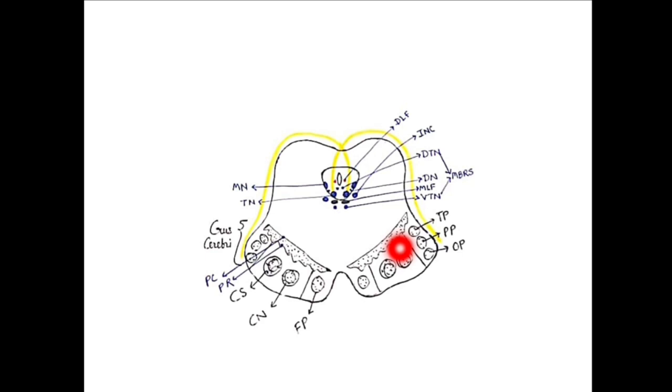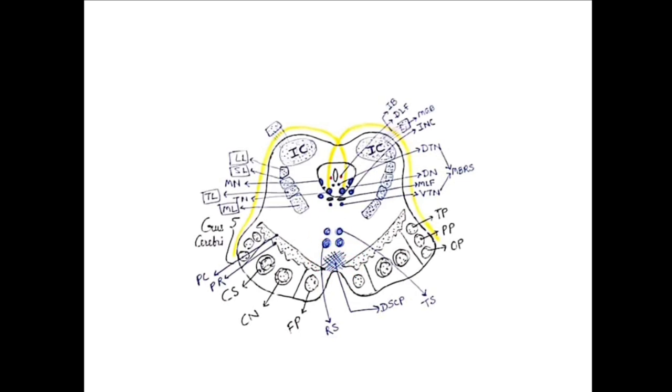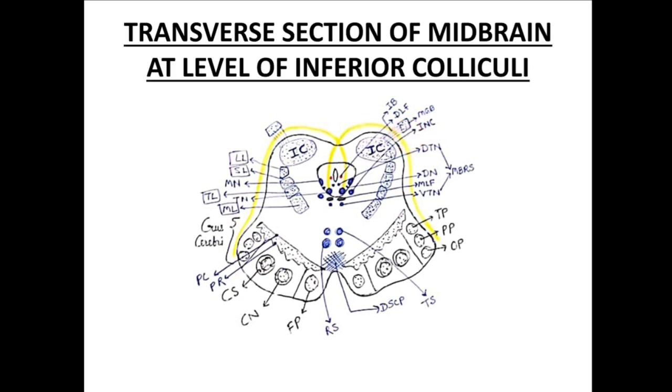Dorsal longitudinal fasciculus, interstitial nucleus of Cajal. Dorsal, this is the decussation of the superior cerebellar peduncle, rubrospinal tract and tectospinal tract, inferior colliculi, inferior brachium, medial geniculate body. So this is all about the transverse section of